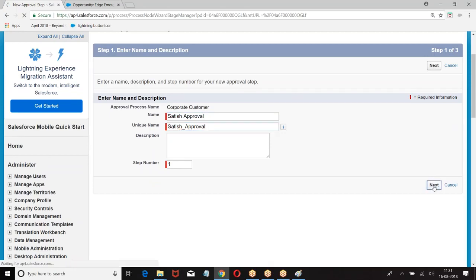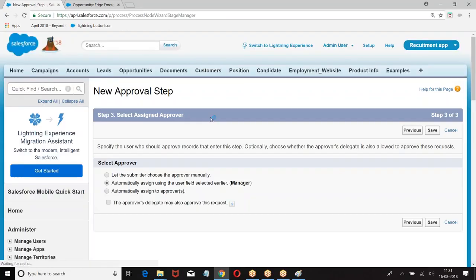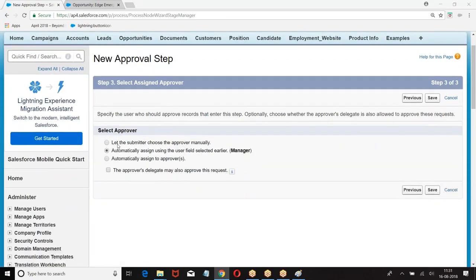Right. Now, I'm not selecting anything, just giving next. Who is the approver? I am saying at the time of submitting the record, I will choose the approver manually.